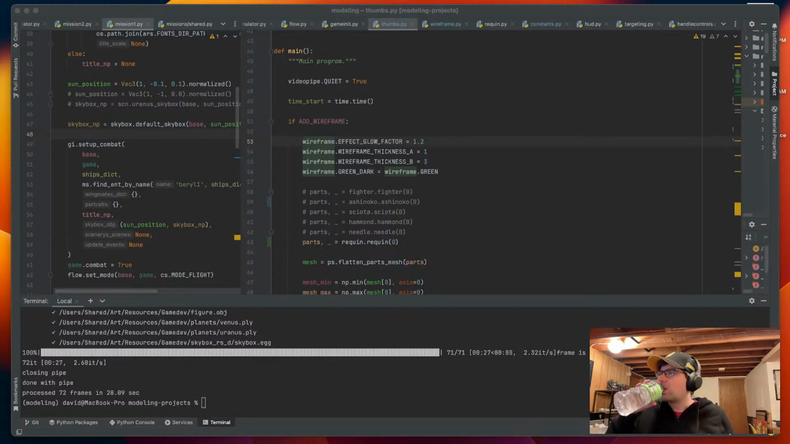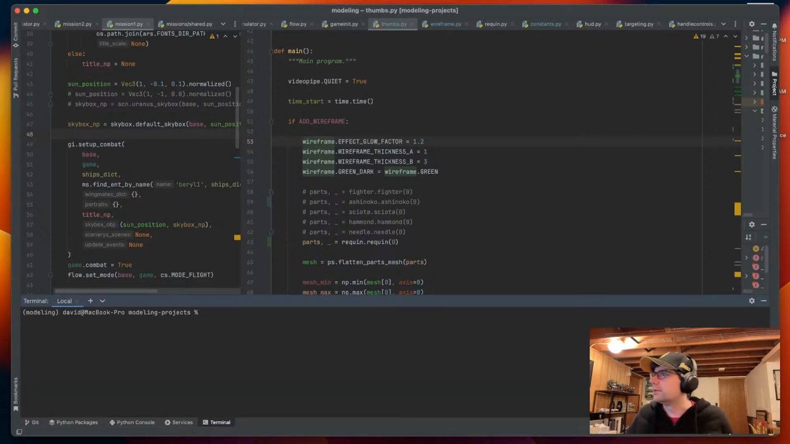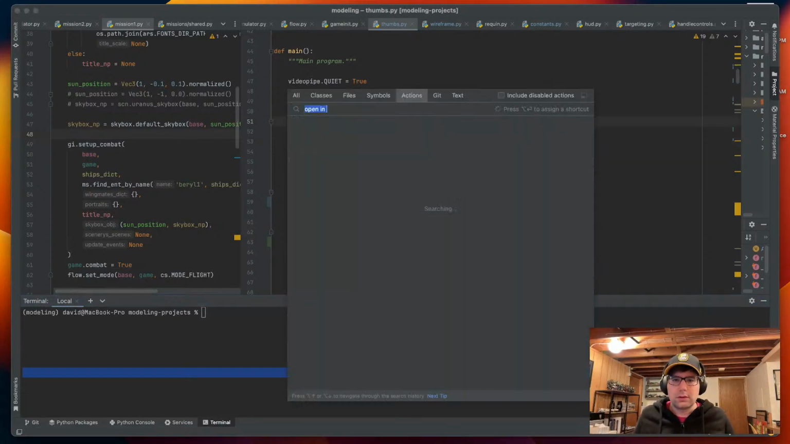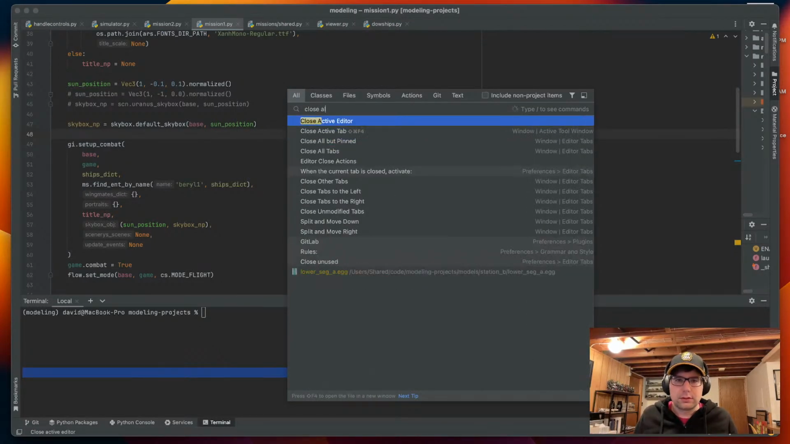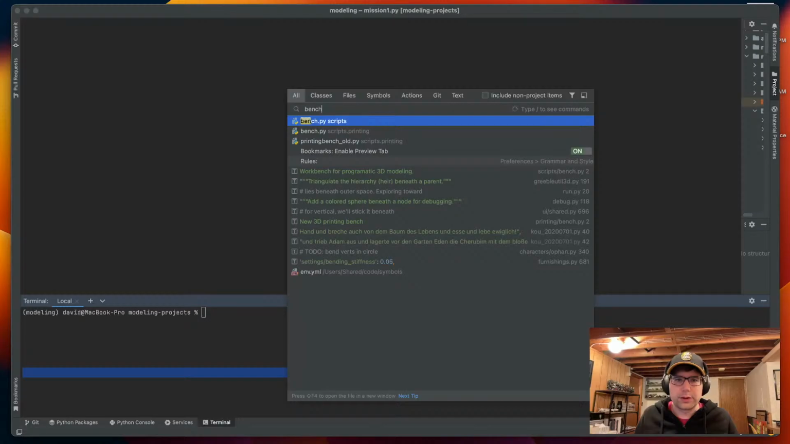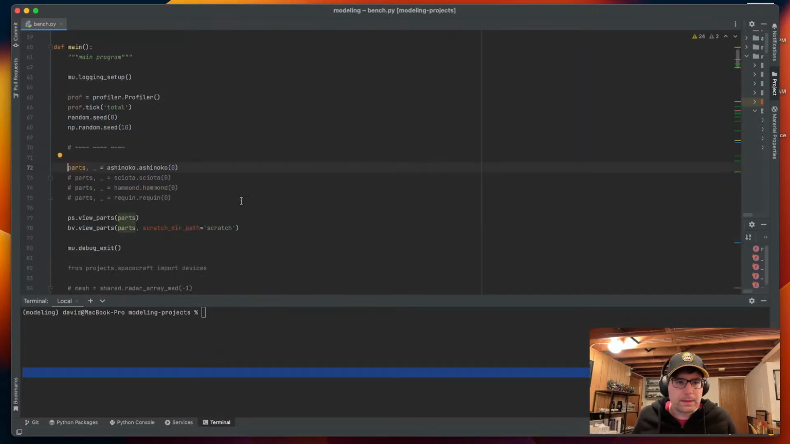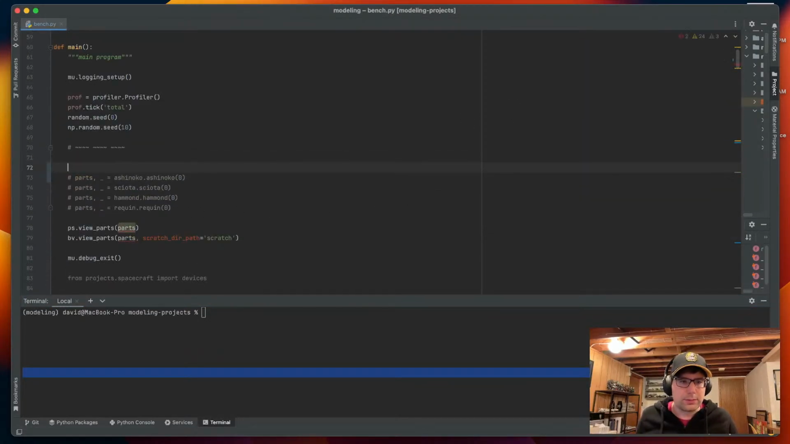So, just make sure X is muted. Okay, so, and we'll close out all this stuff here. Okay. I'll get our workbench up here and bring up